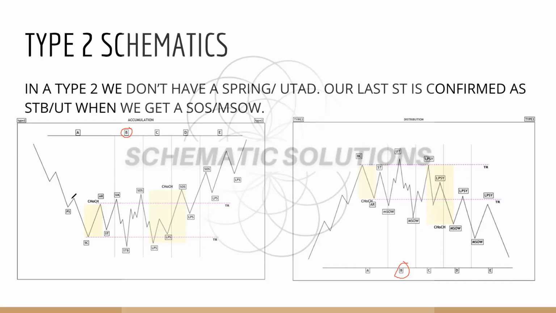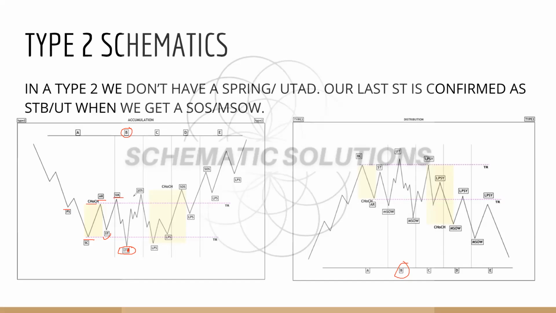So looking at this schematic, it's the same thing. We have our preliminary support that's trying to stop the previous trend. We have our climax, which is the last preliminary support that causes a deeper retracement with our AR. So that's how we get our change of character. Our secondary test tests our climax, and then we push up and we have an up thrust action. From here, price does trade down and give us a secondary test in phase B, which is just our secondary test